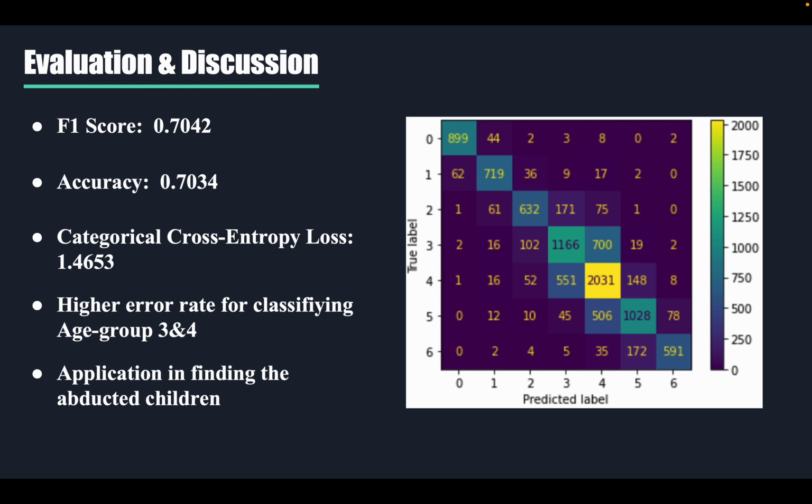Just as shown in the confusion matrix, the majority of the classification mistakes are contributed by the testing facial images from age groups 3 and 4. Even though we do have more training samples from age groups 3 and 4, it did not lead to higher classification accuracy as expected. Classifying the facial images from age groups 3 and 4 is an extremely challenging task since